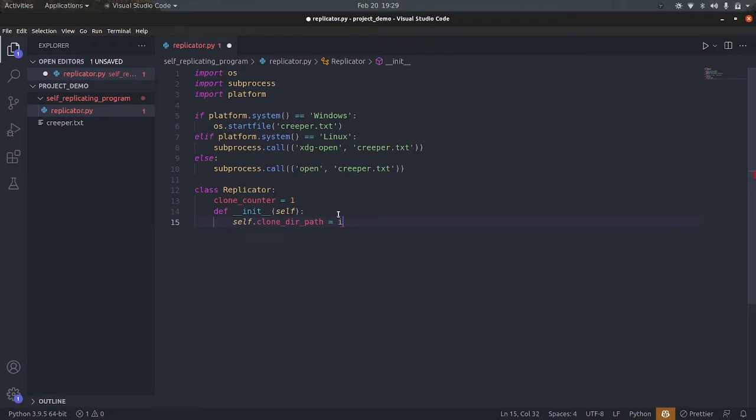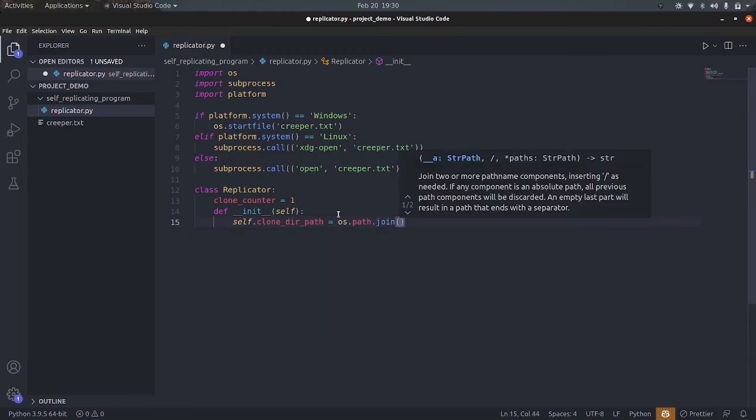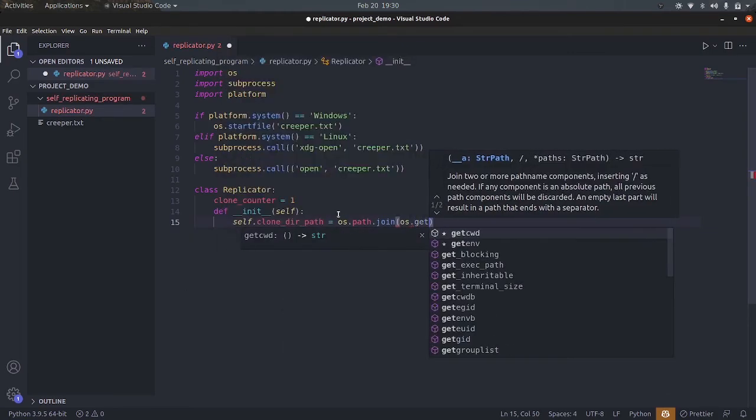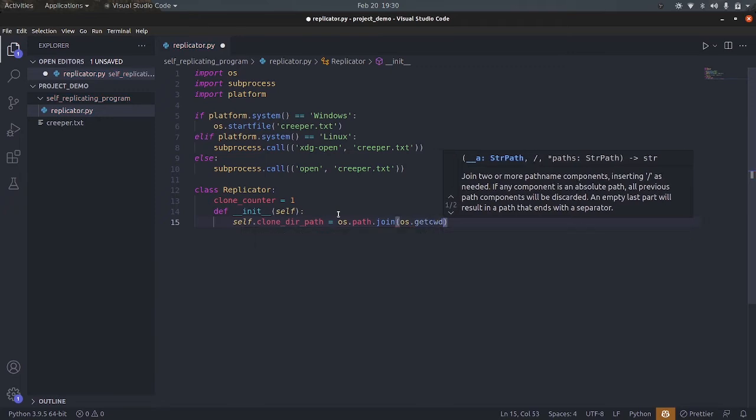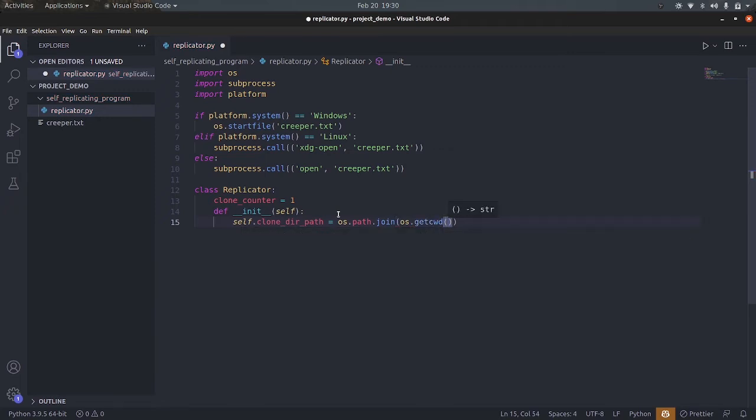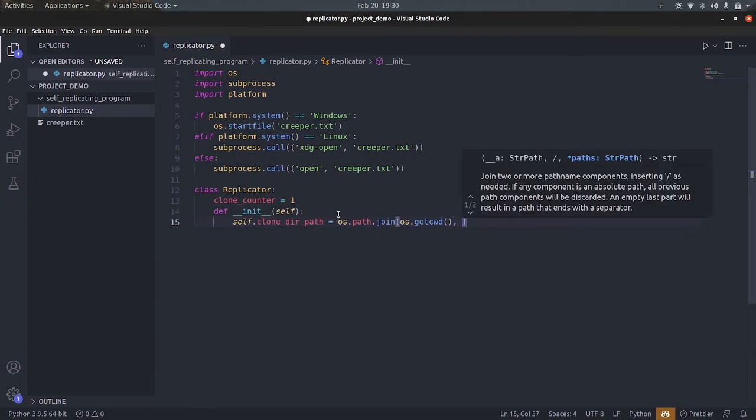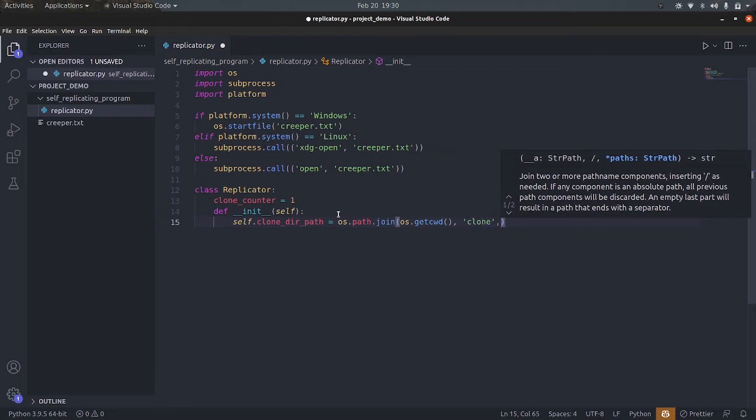Let's say os.path.join of os.getcwd, the current working directory. So we are going to create the copy of these files in our current directory itself. So os.getcwd, comma, the name of the directory, which is clone,